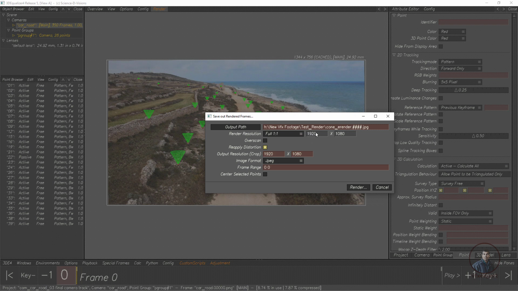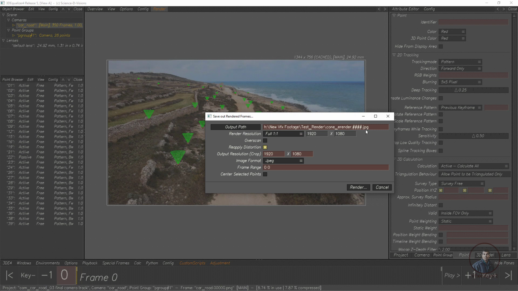Take this actual frame size here, and simply multiply it by 1.1, 1.2 or 1.3, as in maybe 10%, 20% or 30%. Then you can type here whatever value you get after multiplying by 1.1 or 1.2 or 1.3. Then you can check this one and render your output with overscan frame size. But because here we are not getting too much distortion, I am going to render without overscan. So just uncheck this one here. This will automatically take your actual footage frame size or resolution, which is 1920 1080 here.